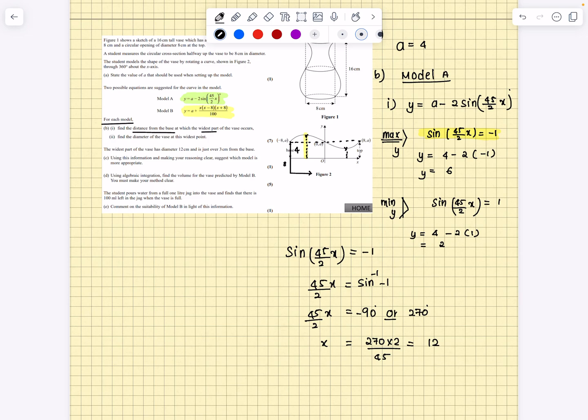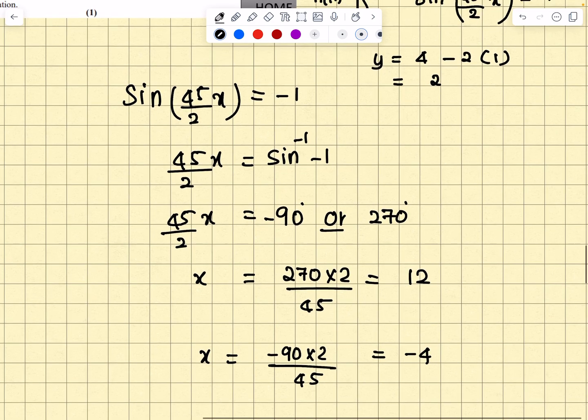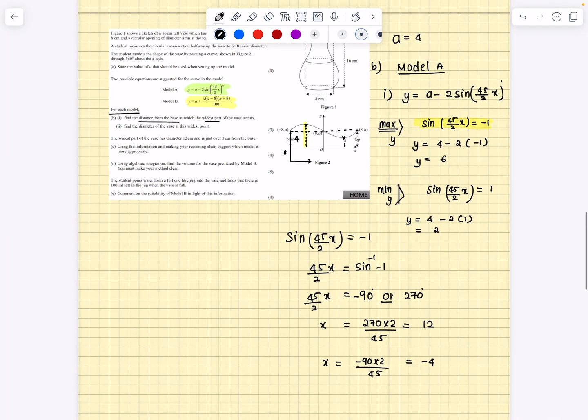Even if I use minus 90, I would have had minus 90 times 2, which is minus 180, divided by 45, which would have given you minus 4. So you can either keep 90 or 270. It's up to you which one to keep. If it's 12,